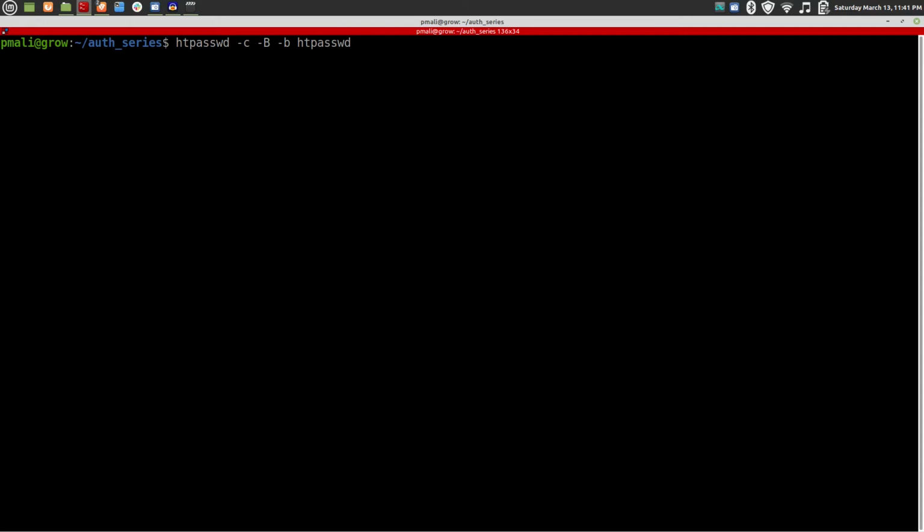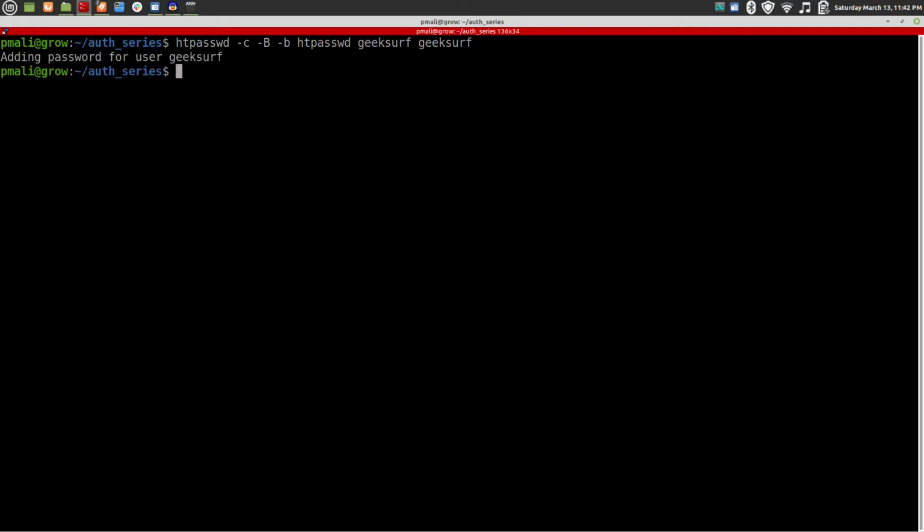If you want to save somewhere else, like in a tmp folder, you can write /tmp/htpasswd. But as I am creating this file in the same folder, I am just writing htpasswd. After that comes my username, geeksurf, and I am giving my password over here, which is also geeksurf. Make sure you give a very strong password.